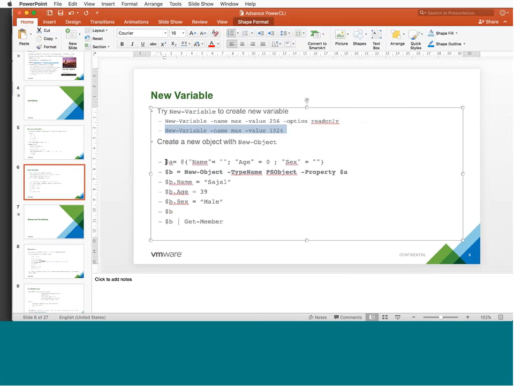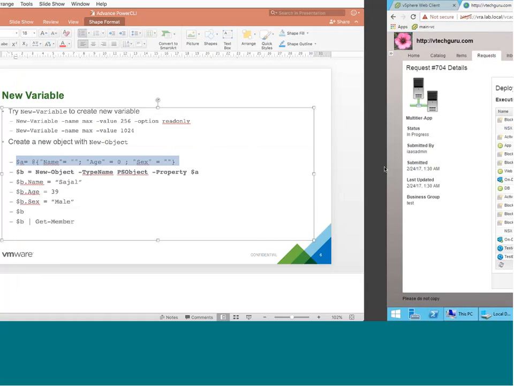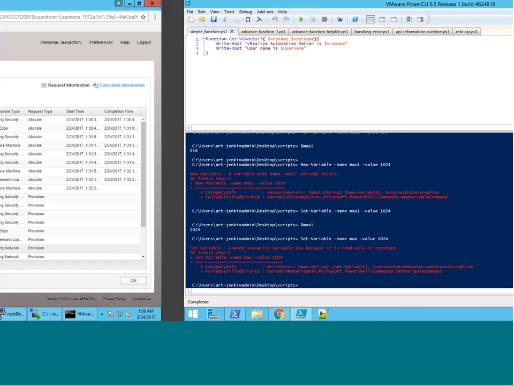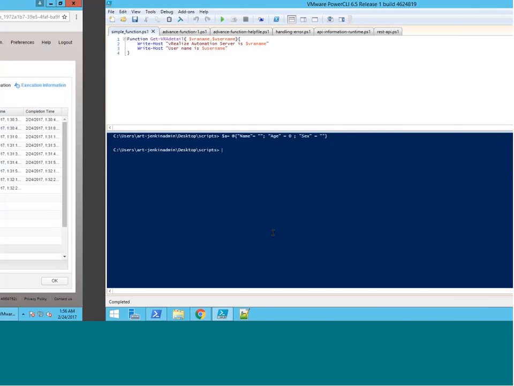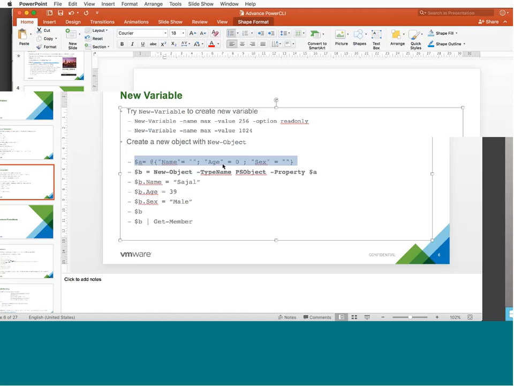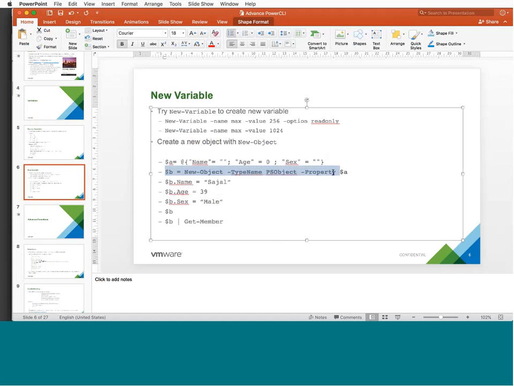Now, another example. I wanted to create a new object. First, let me define a new dictionary with certain values, $A. Say I have three fields: name, age, and sex. That's the dictionary hash table that I have defined. Now I am creating a new object, $B,